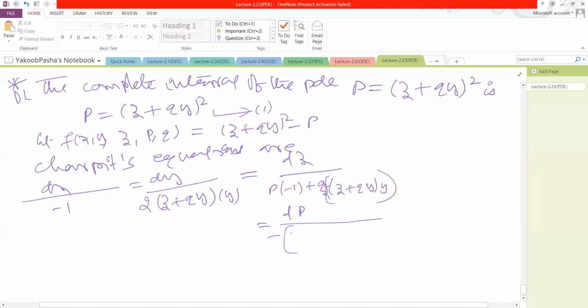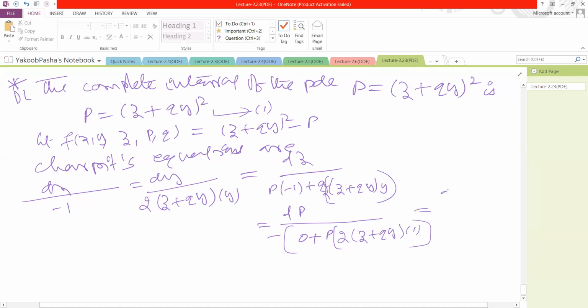There is no term of x, so 0, plus p into fz. Fz means 2 into (z plus qy), and differentiate with respect to z again. So z plus qy differentiation with respect to z is 1. So p into 2 into (z plus qy)